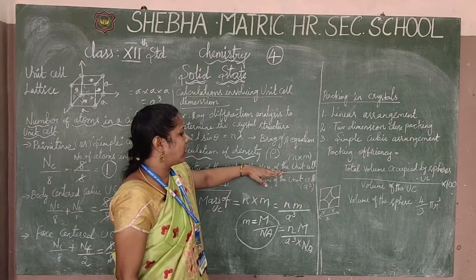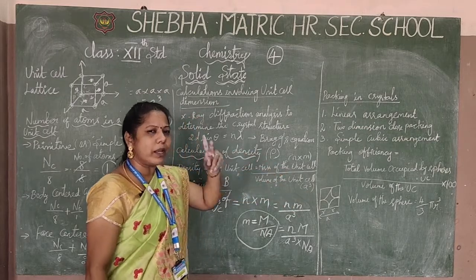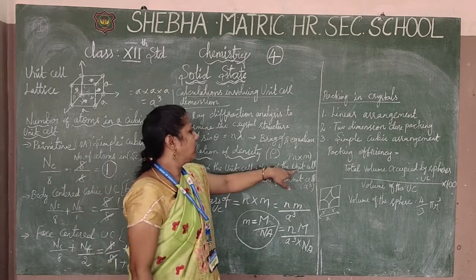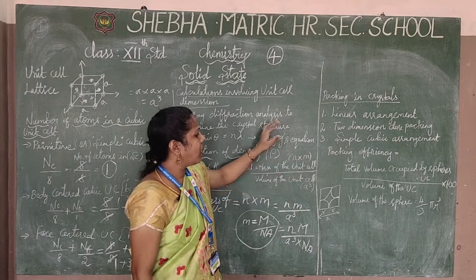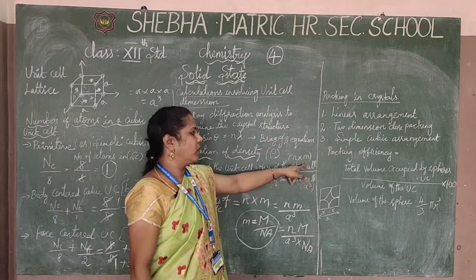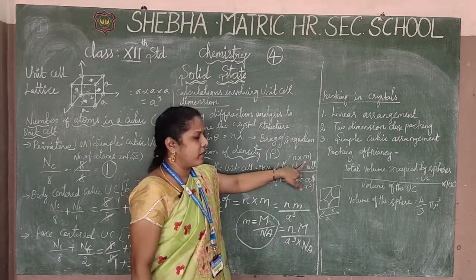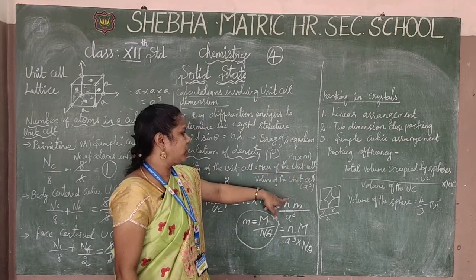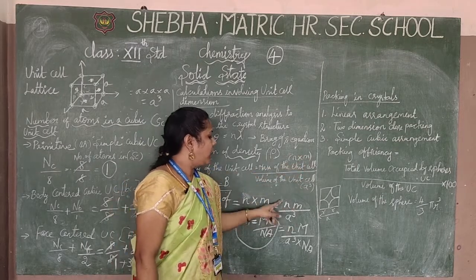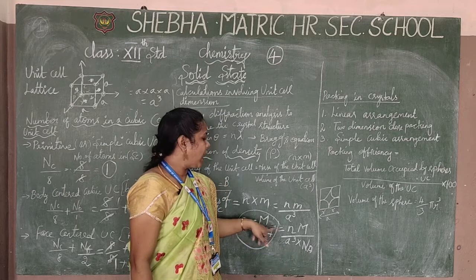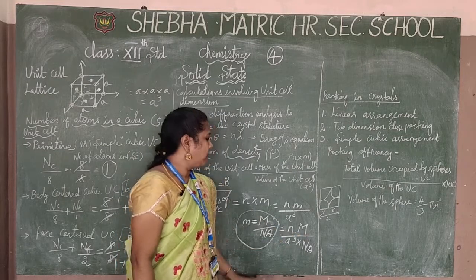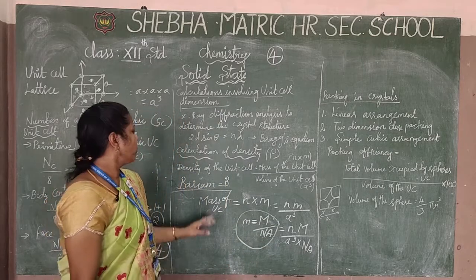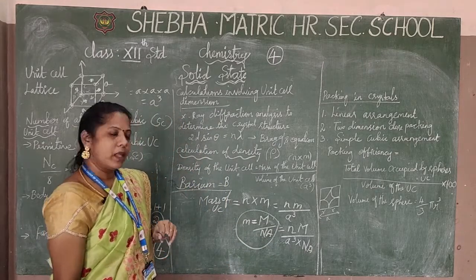Mass of the unit cell, there are 3 derivation steps here. That is, the mass of the unit cell we derive as n into m, and then we have to derive again the small letter m. So we derive n into m, and again there is the derivation for that m. So we are going to substitute into the total formula. So finally what we get is nM by a cube and Na. That is the final formula to find the density of the atoms.